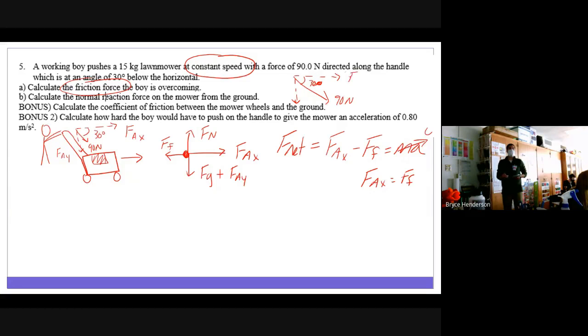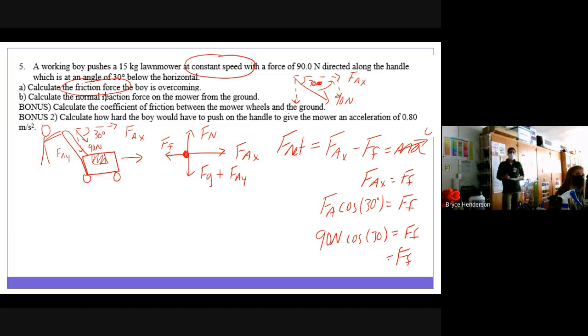I'm here, 30 degrees. I want FA sub X, which is adjacent or opposite? That's adjacent, right? It's right next to the angle. The opposite would be over here. So I want cosine. Thank you, Doctor. So force applied times the cosine of the angle, 30, would be the force of friction. They gave me the force applied. It's 90 newtons. 90 newtons times cosine of 30 gives the force of friction. This means force of friction is equal to